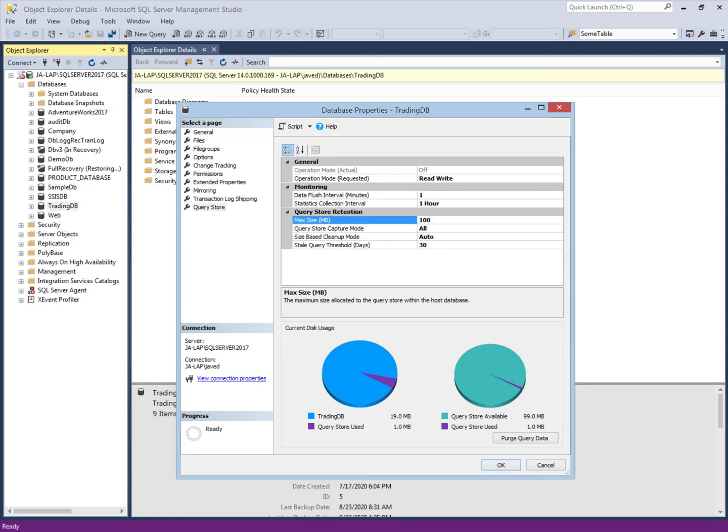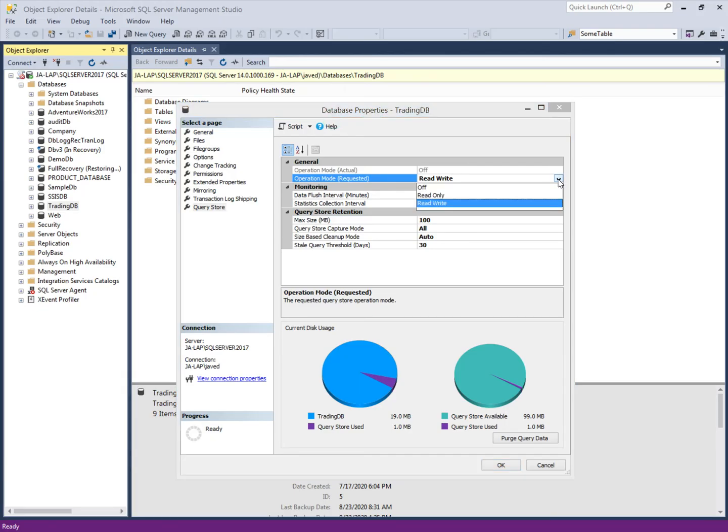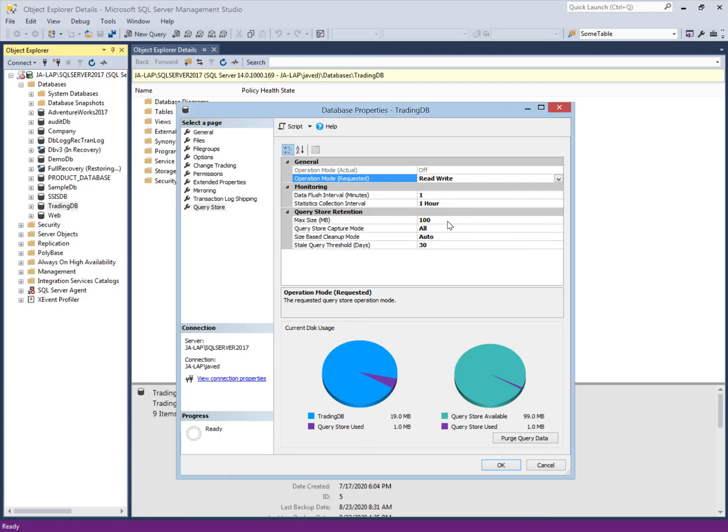If the data reaches this limit, then the operation mode will automatically change to read only. When the size of the Query Store reaches 100 MB, it will automatically change to read only, which means no new data is captured, and your performance analysis is no longer accurate.